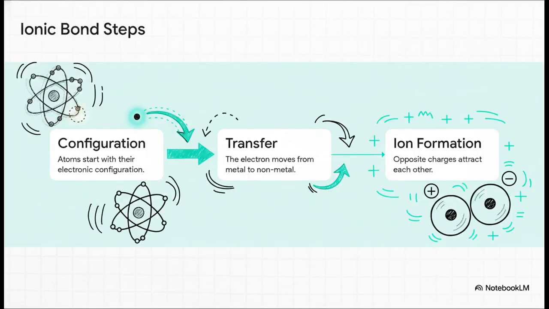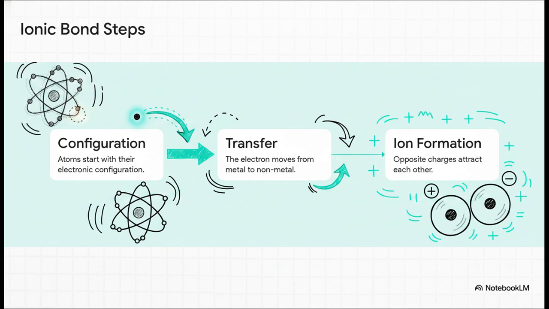Let's look at how this actually builds using sodium and chlorine as our examples. Okay, step 1 is looking at the electronic configuration. Sodium has 11 electrons, which means it has one lonely extra electron hanging out in its valence shell. Chlorine, on the other hand, has 17 electrons, meaning it has 7 in its valence shell. It is desperately seeking just one more to reach that magic number 8. So we get to step 2, electron transfer. That electron literally moves completely from the giver, sodium, to the taker, chlorine,